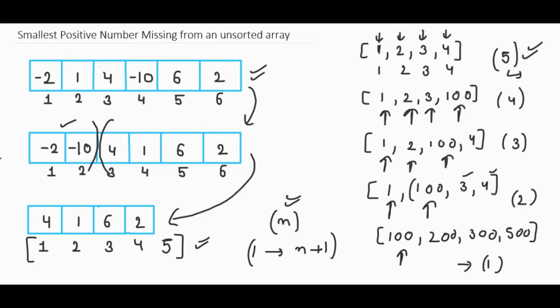Why is that? I have proved it here. And we can also think it logically because we have only 4 elements in the array. Okay. And if these 4 elements are the starting 4 elements of the positive numbers, then the answer will be the last element plus 1, right? Otherwise, one of the numbers from 1 to 4 will definitely be missing if these 4 numbers are not present in the array, right? So now let's go to the approach and we'll understand it better now.